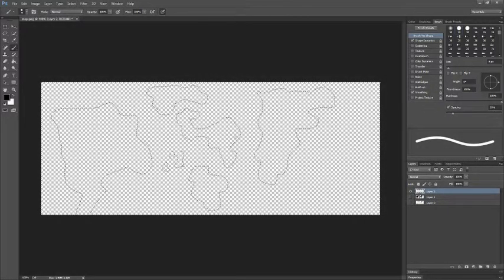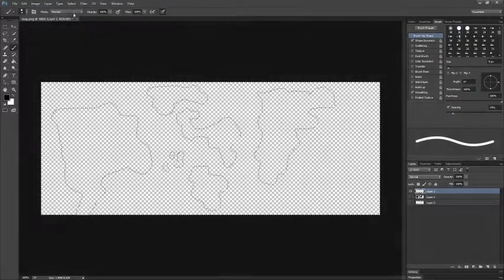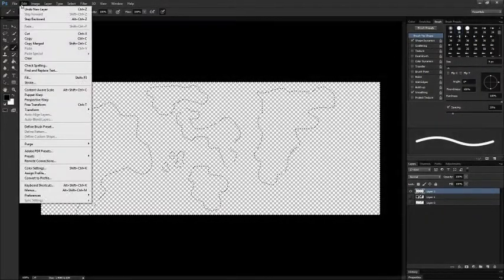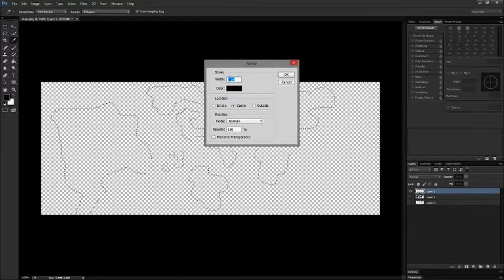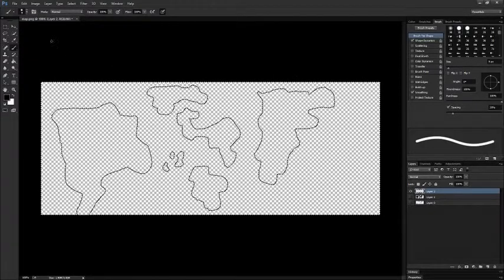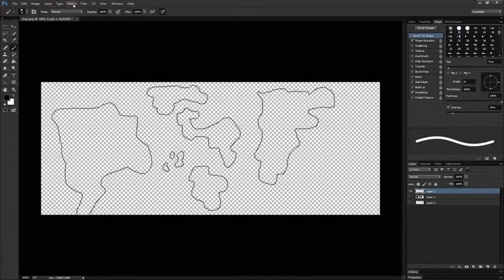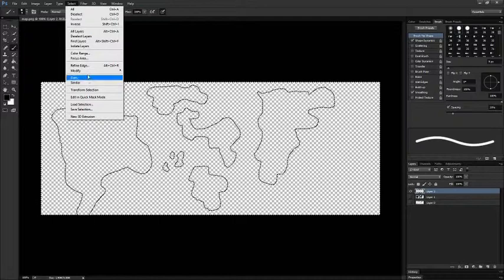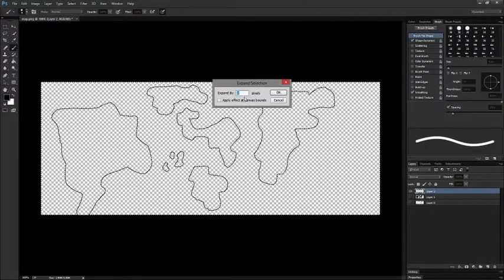Going to do stroke, 2 pixels. Then we're going to go to select, modify, expand. 4 pixels. Actually, I think it's 6 pixels, but